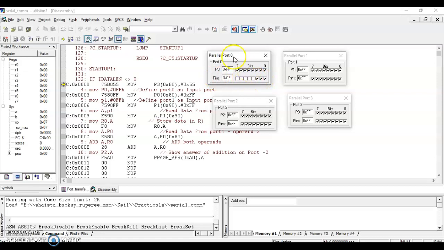You can observe in this port there are two lines, P0 and Pins. Pins are the pins which will be available at the output port pins on a board. And P0 is an internal buffer register, in which, when I defined the port as input port, FF was sent.